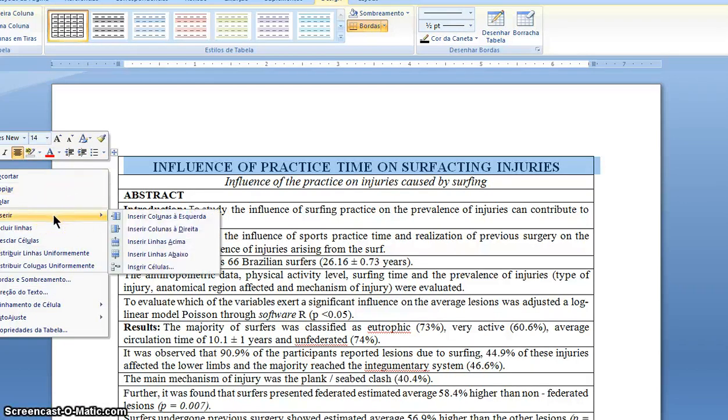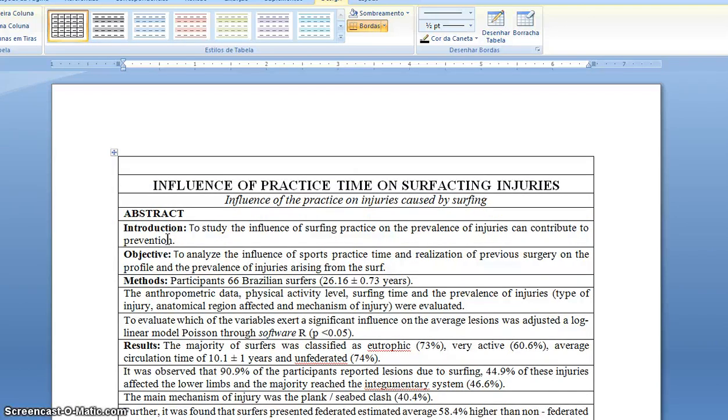Then you have inserir, and you can inserir líneas acima. You can insert a line, and then you can just type in whatever title, and then you're basically done. Now what you'll do is select the entire table